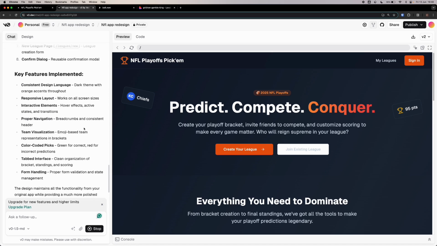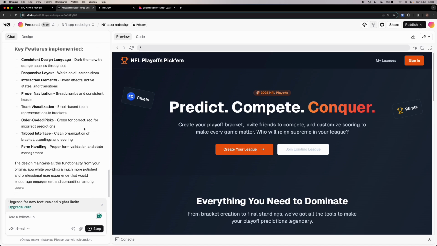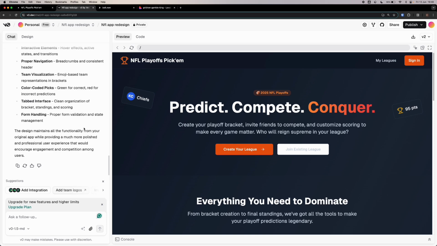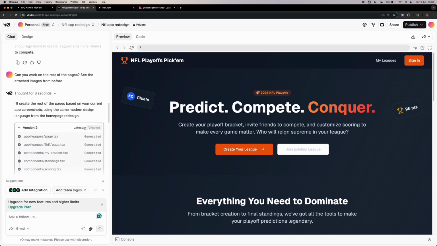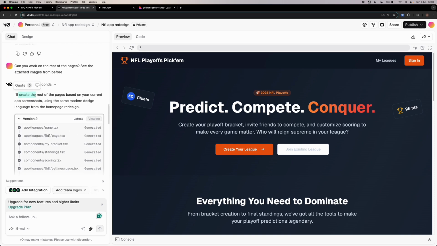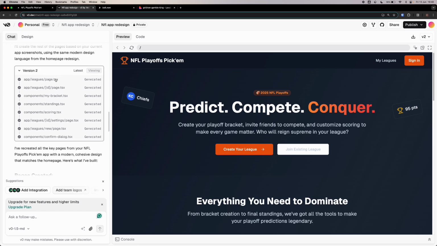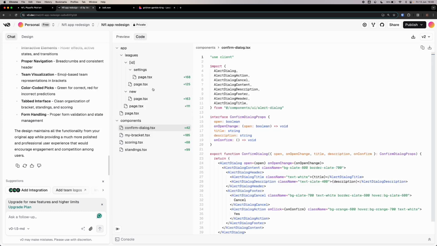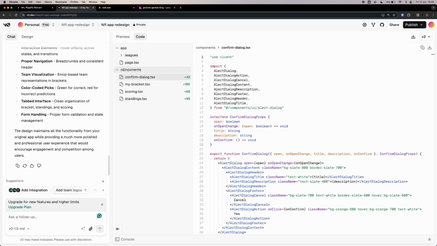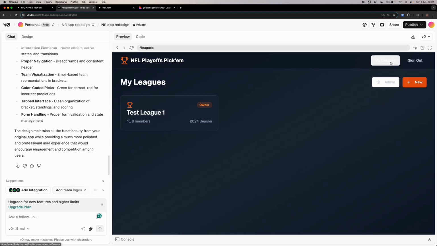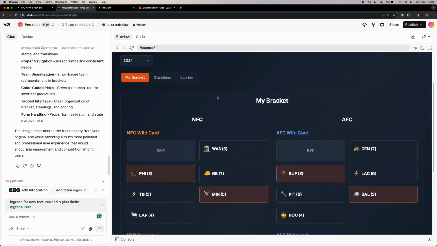Okay. This is getting somewhere. Okay, let's see what it did. Create the rest of the pages. Okay, let's see the code. Okay, yeah, there's these leaks. Route, let's see. If I do my leaks, okay, this looks pretty good. If I hit test leak,